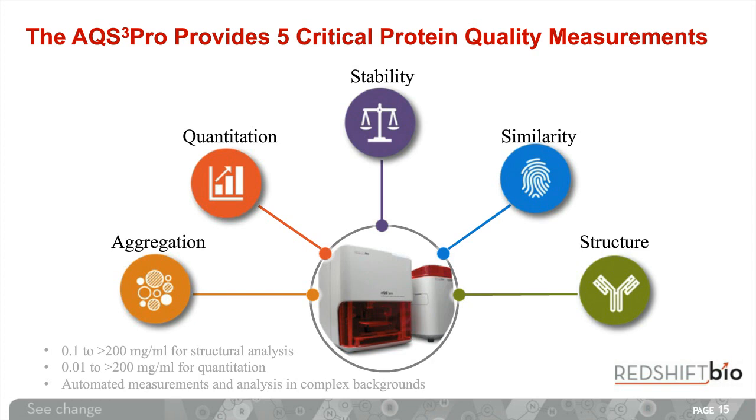We then make three other measurements that are actually all related to structural analysis. So we measure the spectrum across the amide 1 band and deconvolute this to provide us with secondary structure information, as we've just seen. We can then extract some useful information out of this data in order to construct a stability plot.